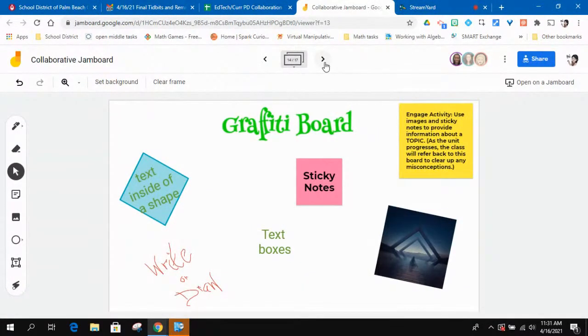Graffiti Board is a great way for an engage activity that you can use with your students. You can ask them, for example, what do you know about the universe? Or what do you know about the water cycle, for example? What do you know about multiplication? Or what do you know about a specific character from a book? And students can pre-fill this